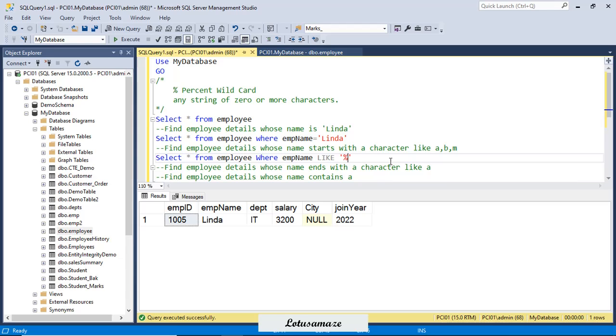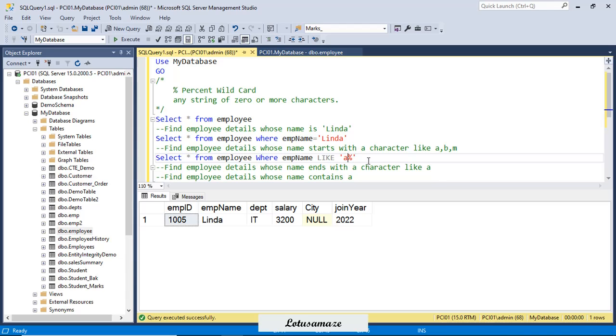The query is that the name should start with a specific character. Suppose I write A here, it means the first character of the employee name must be A and the rest of the characters don't matter. Percentage means after the first character it could be 0 or any string.